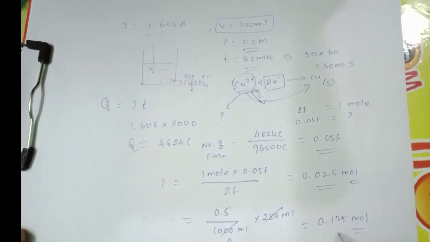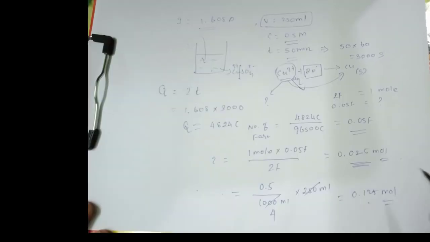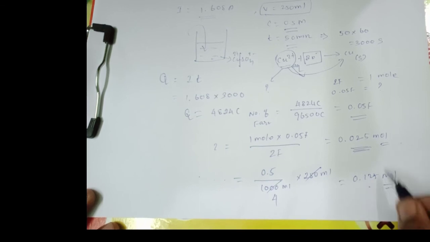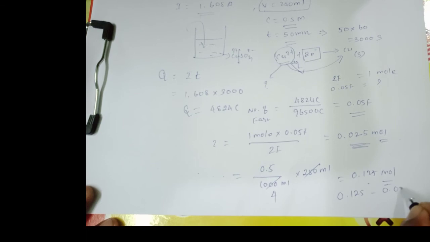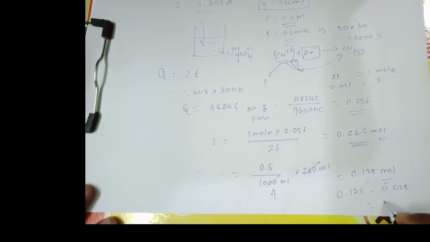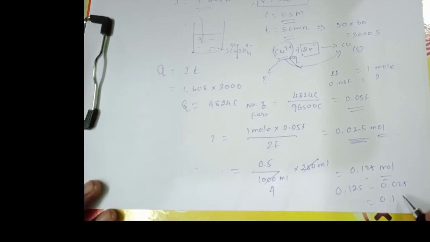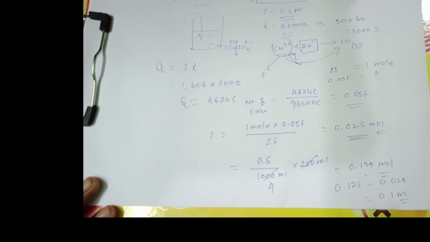So beginning la 0.125 இருந்திருக்கு. So after passing electric current எவ்வளோ லிபரேட் ஆயிருக்கு, அப்போ எவ்வளோ ரிமைனிங் ஆயிருக்கும். So the remaining, you subtract both. Subtract பண்ணா 0.125 minus 0.025, the final answer will be 0.1. So 0.1 mole is the answer. That is the number of moles of copper 2 plus after electrolysis.